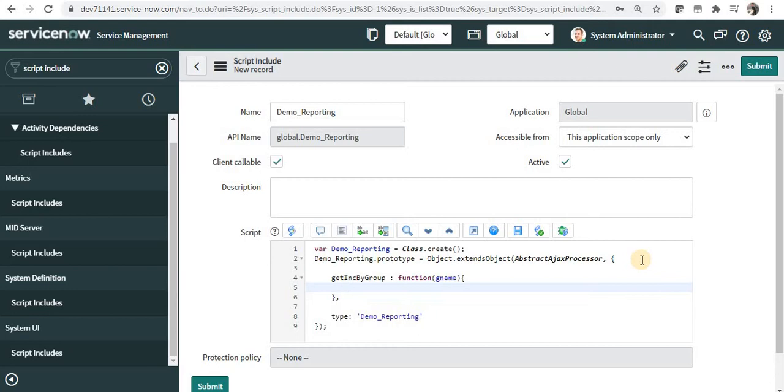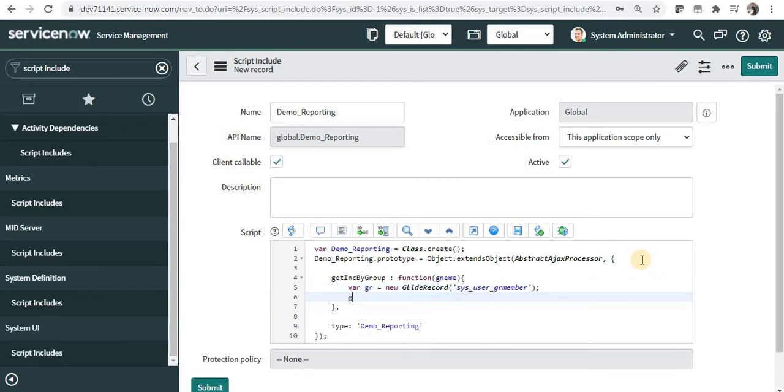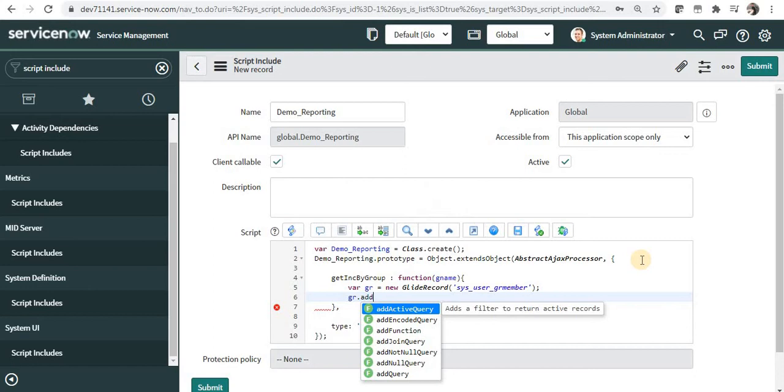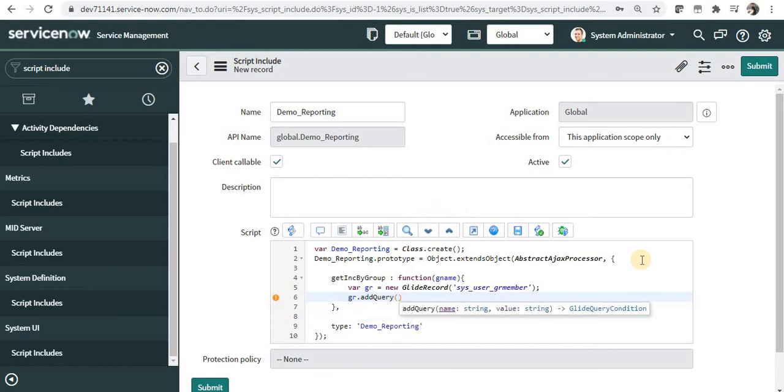Now according to the first step, we will do a glide record on the sys_user_grmember table. For that I will use var gr equal to new GlideRecord, sys_user_grmember, and then in the next line I will say gr.addQuery on group.name. Since we are getting the group name, we will query group.name.